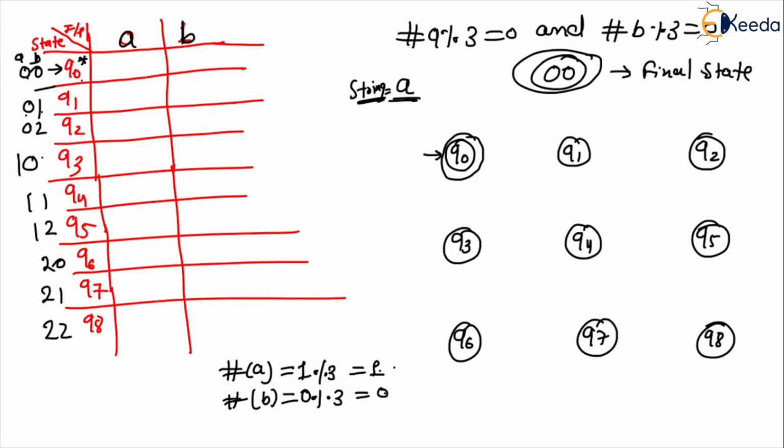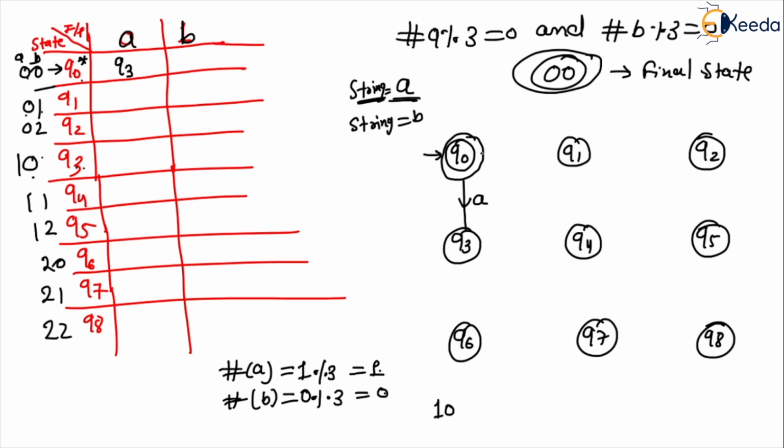Got it? So the output state on the input A is 1 0. Now what is the 1 0? 1 0 is Q3. Got it? 1 0 is Q3, means this state is the Q3 state. Means when we apply the input A on the Q0 state, it will go to the Q3 state. Got it? So Q0 on A goes to Q3. Now, if the string is B,